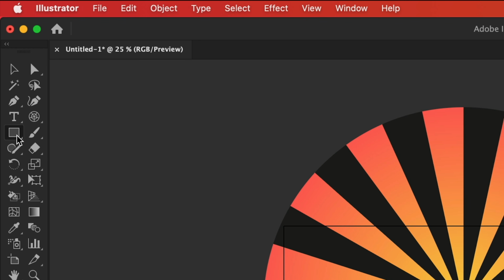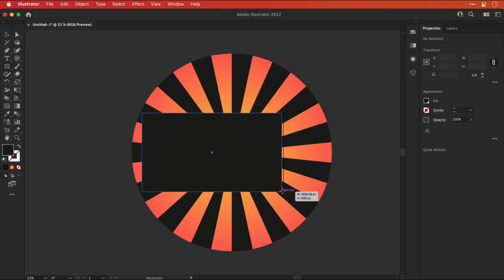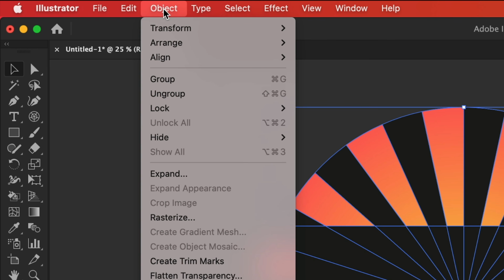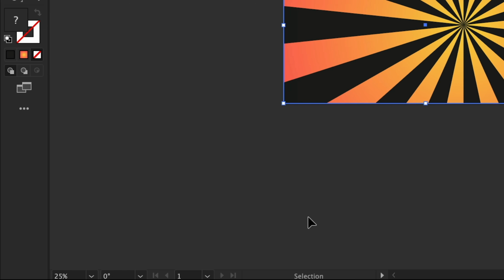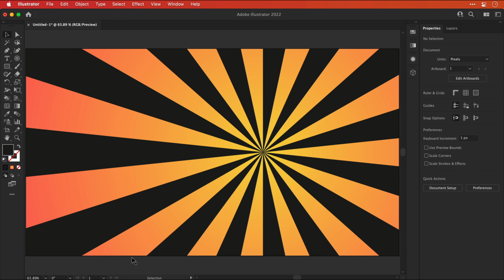Next, select the rectangle tool and click and drag to draw a rectangle that covers the entire artboard. Now select everything, go to Object, down to Clipping Mask, and select Make. And this will crop your graphic to the shape of the rectangle. So there you go, there's your vector sunburst, and you can even add a black hole in the middle if